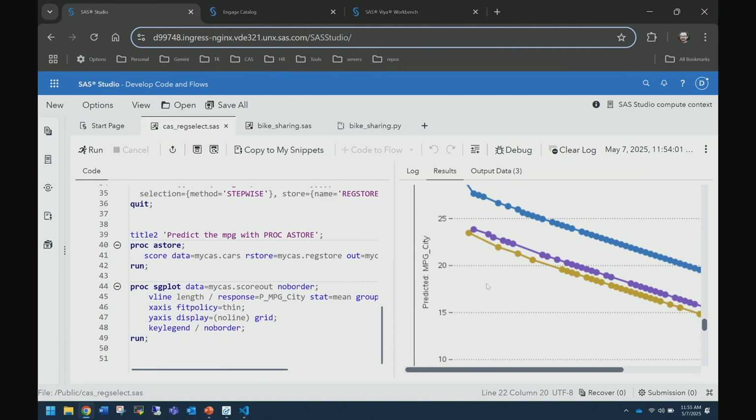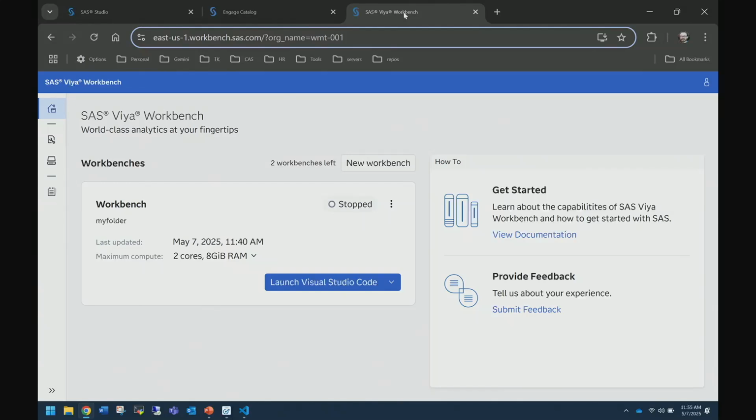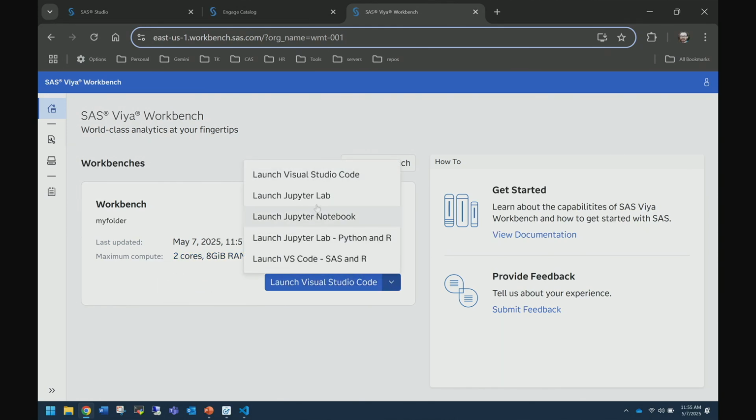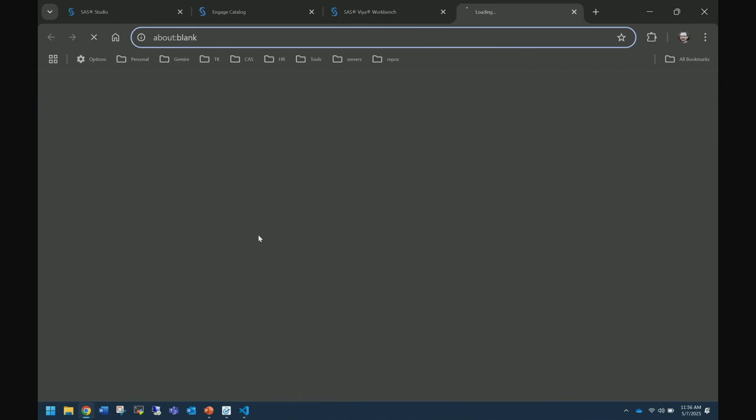So let's then jump back in the time machine and go to 2024. So last year with the release of VIA Workbench. So here's VIA Workbench, and let me start my instance up. If you haven't seen this yet, here's the dashboard for it. So this is a way to start up your compute. I can select what kind of compute I want, and then select the IDE I want to be using, which would determine what kind of programming I want to do. So let me launch that.